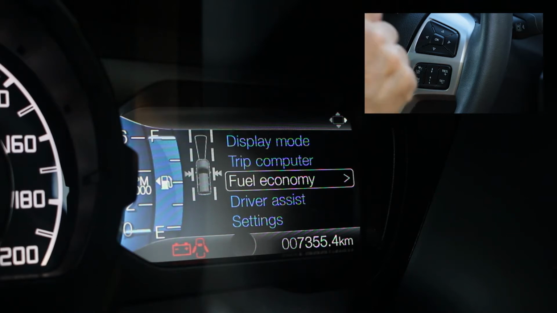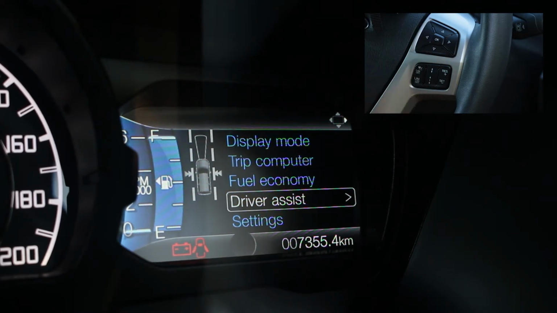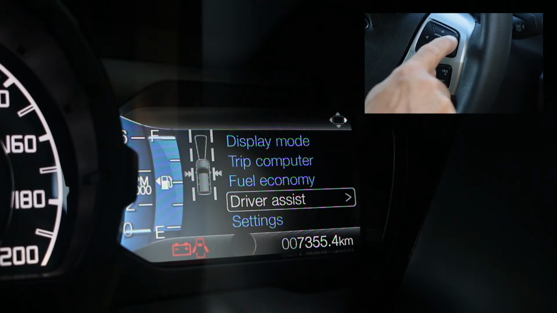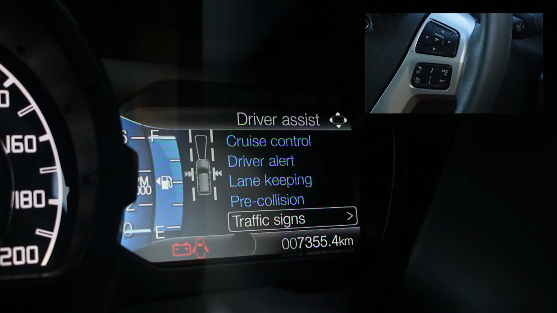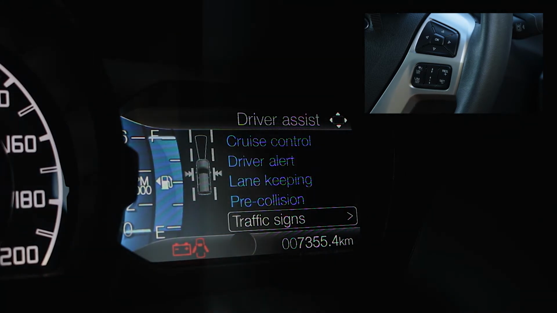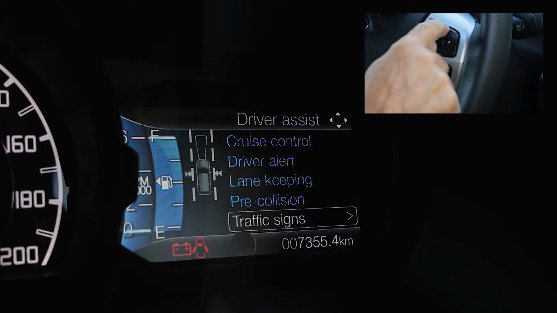And the next item we're going to look at is our driver assist. So we're going to pop down into driver assist. Once again, there's a little right hand pointing arrow, which means that we can expand that section, and that takes us into our driver assist options. So currently that has got the traffic signs highlighted. I'm just going to use the up arrow here